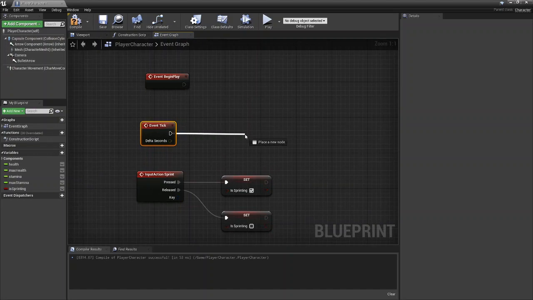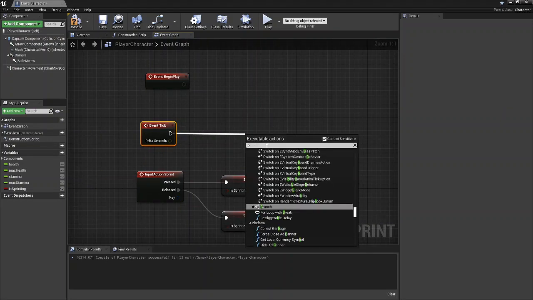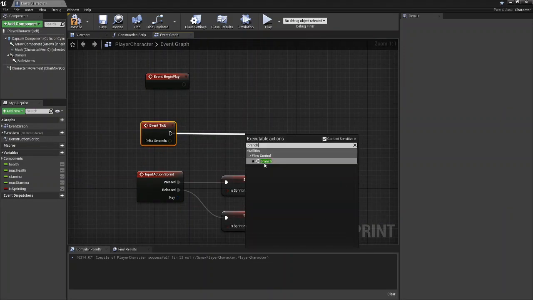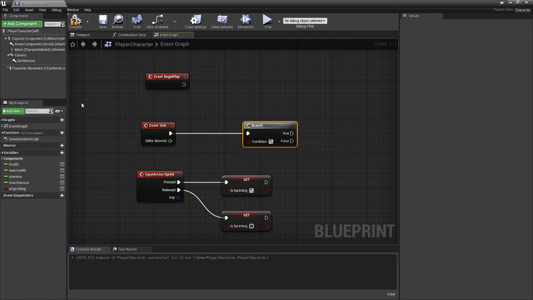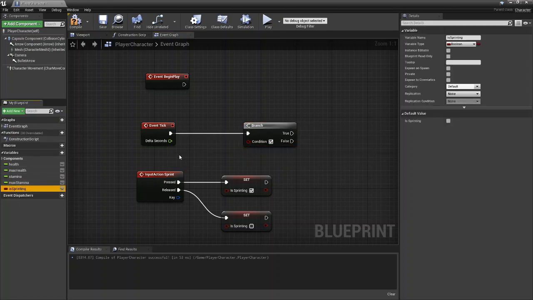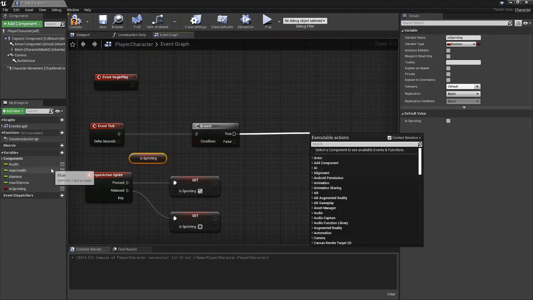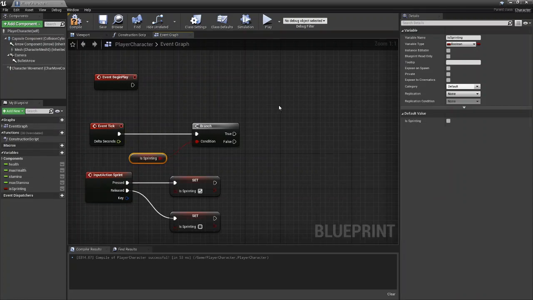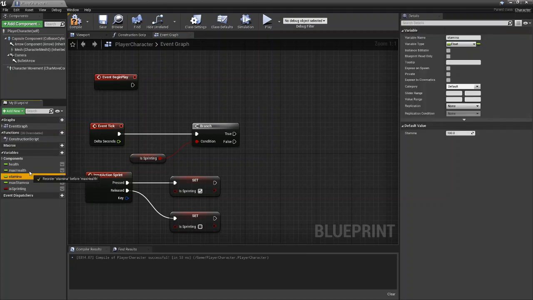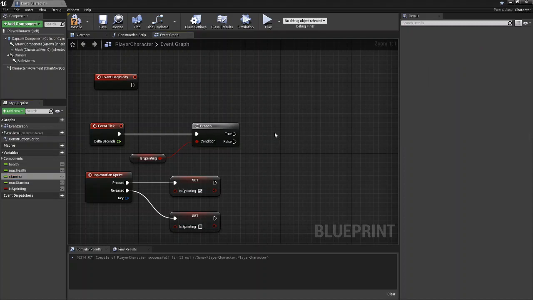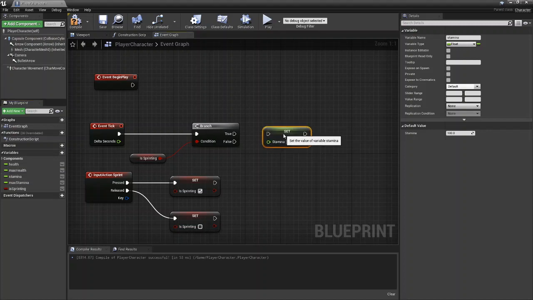So what we're going to do is we're going to drag out and add a branch node. And we're going to check, so we're just going to get isSprinting. If isSprinting is true, we're going to set our stamina. If you aren't aware, you can just drag the variable from the side here in. So we're going to drag in our stamina. We're going to set stamina. And so if true,